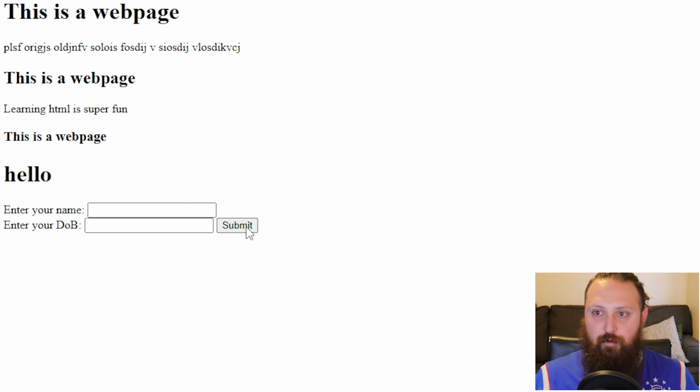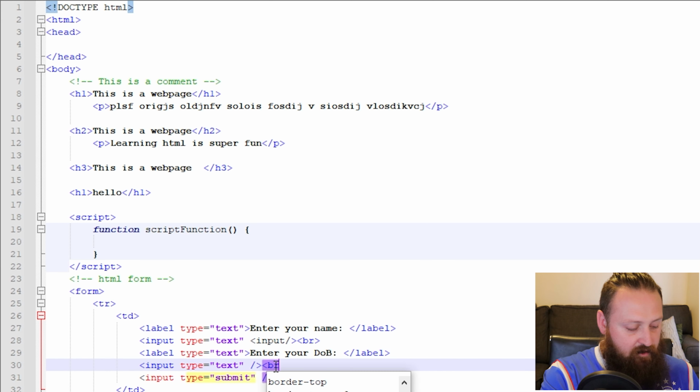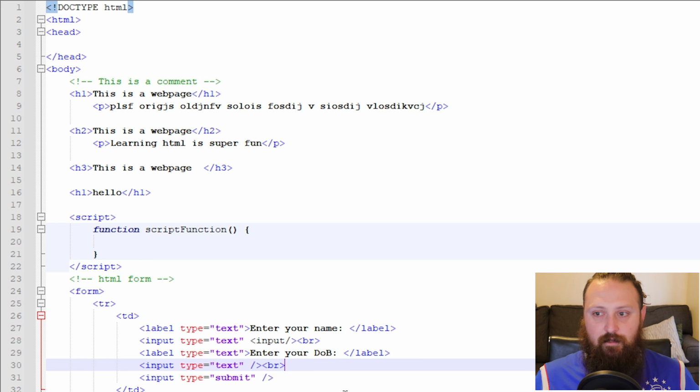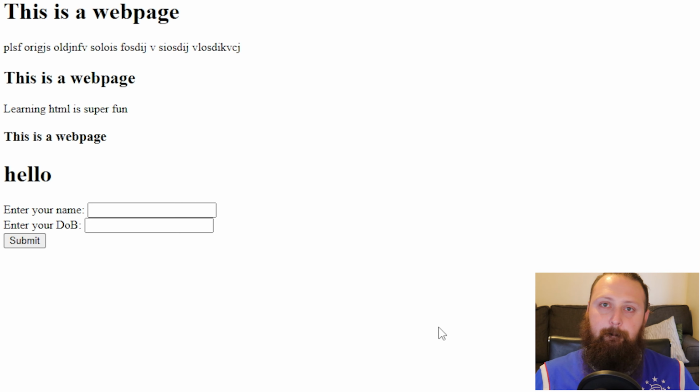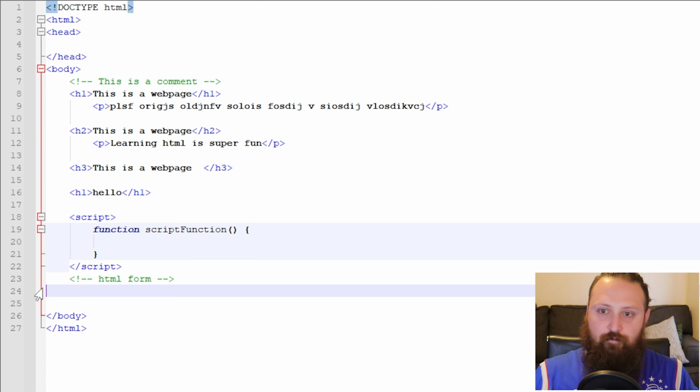So now we have a submit button, and you could change its position just by putting a BR in, just a break, so that will force it down into the next line. Done. So try to wrap your head around the basics of just this bit